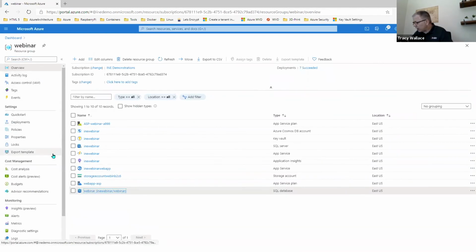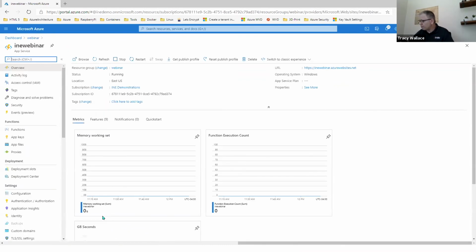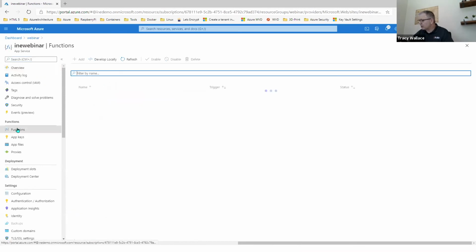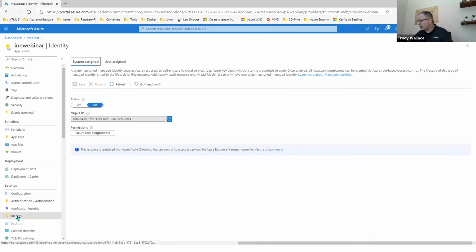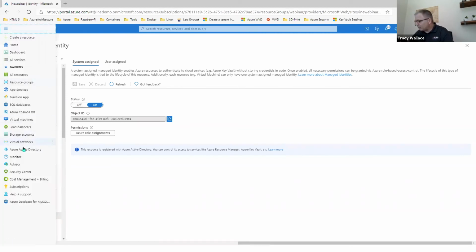I have a function app, and this is where it gets a little more interesting. Here's the function app. That function app has three deployed functions, the three I just talked about: get courses, get task detail, get task list. Also, I set this function up with its own identity, and now that's the default, which is nice. It's got what's called a managed identity. And that's important because I actually put that identity